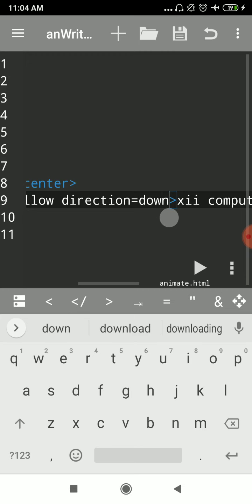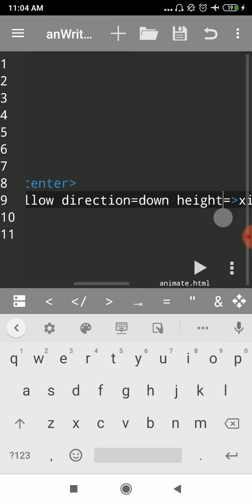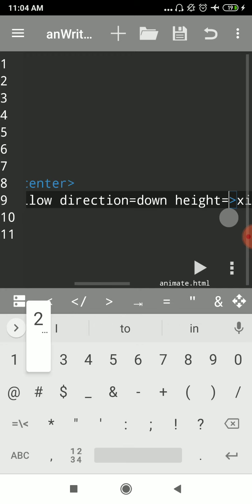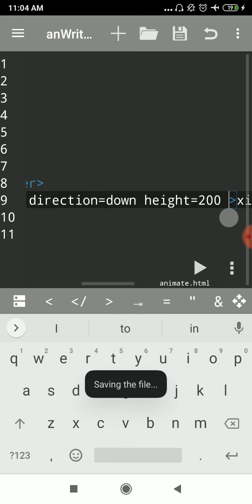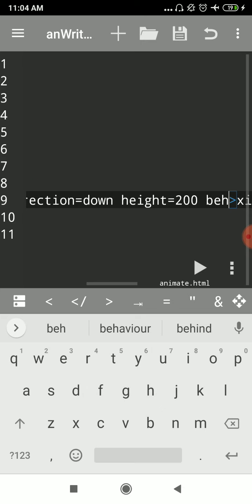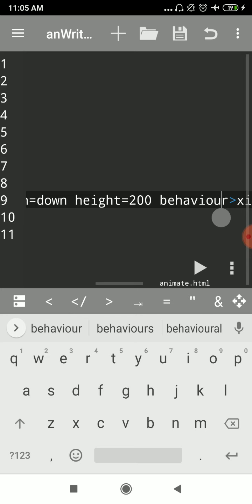I'll slightly increase the height of the line and put it as 200. Let me go to the next property, that is behavior. This specifies the type of scrolling of the marquee. When writing the word behavior, I used to make a mistake and not get the output, but then I found the error: the U letter is not to be written in this property.